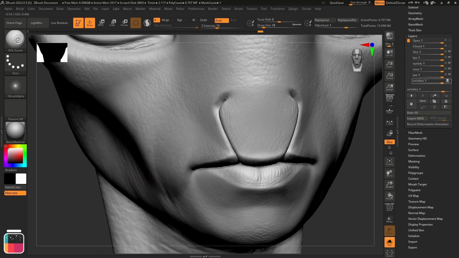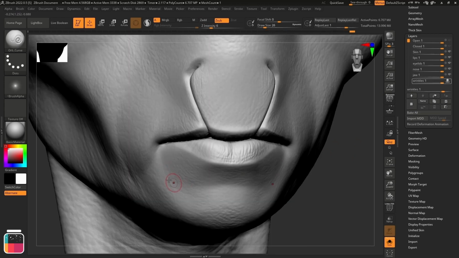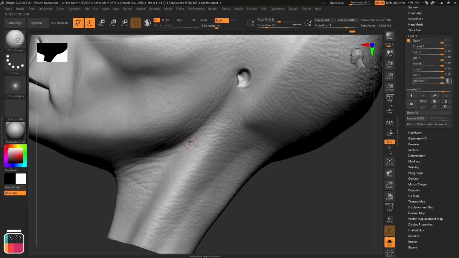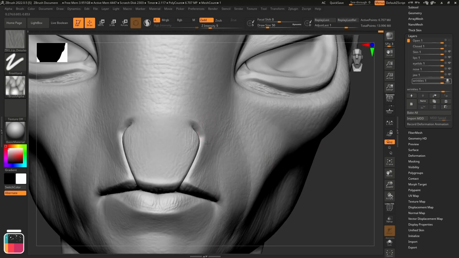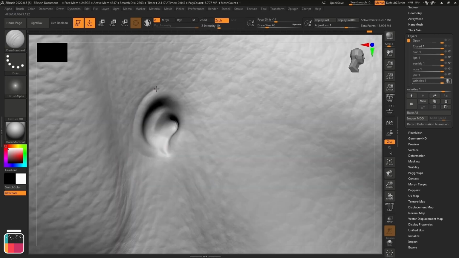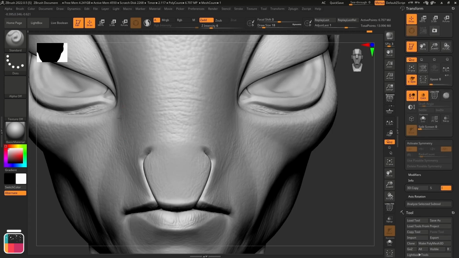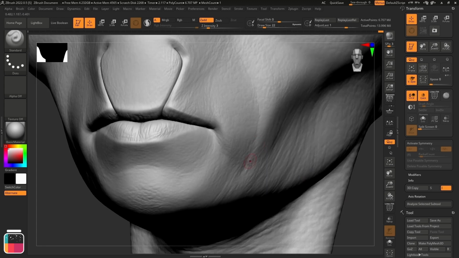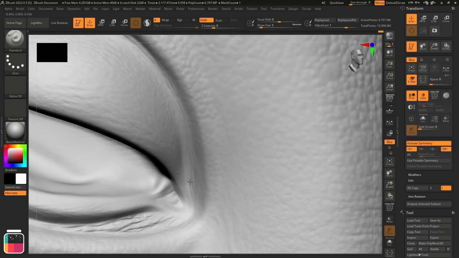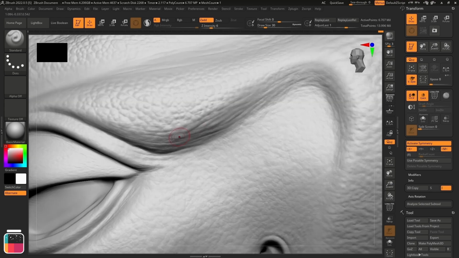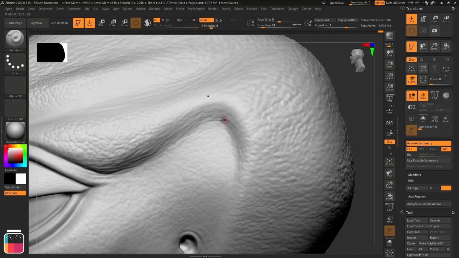Next, let's work on the wrinkles. I've sculpted them in areas where the skin compresses, or to create a natural wrinkle flow. Sometimes manually adding details by hand is the best way to achieve a realistic, less procedural look. And of course, sometimes you may need to manually sculpt the transition between textures.